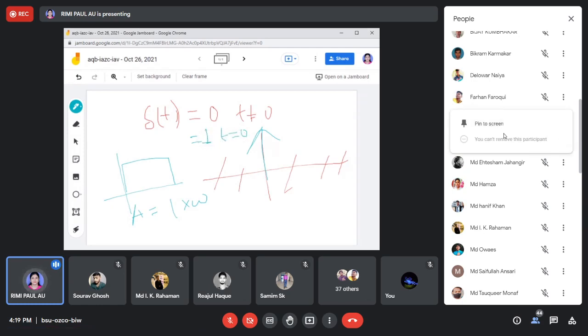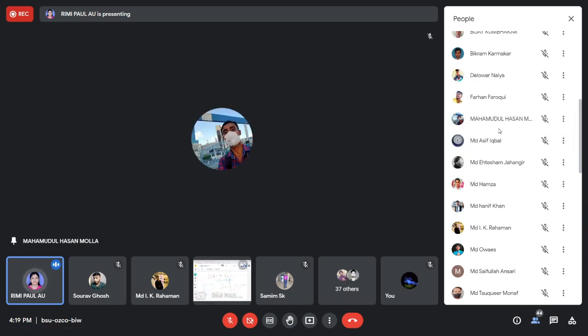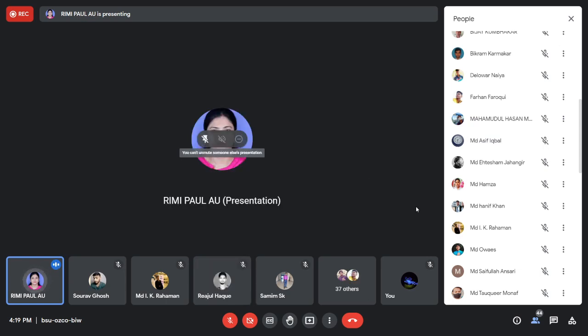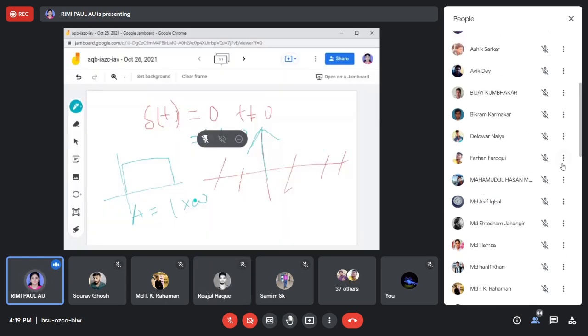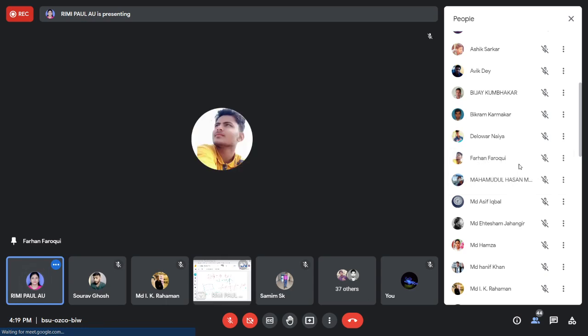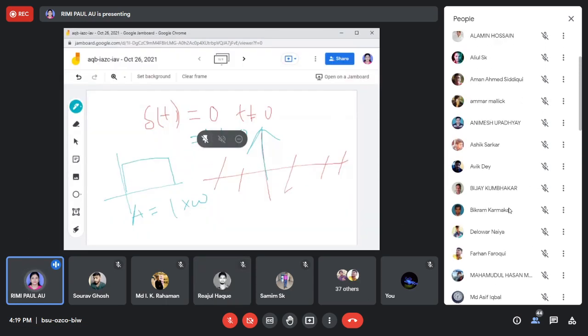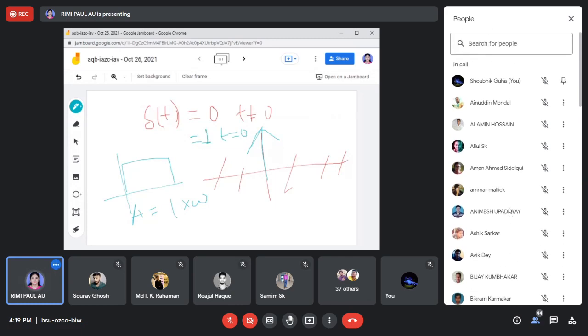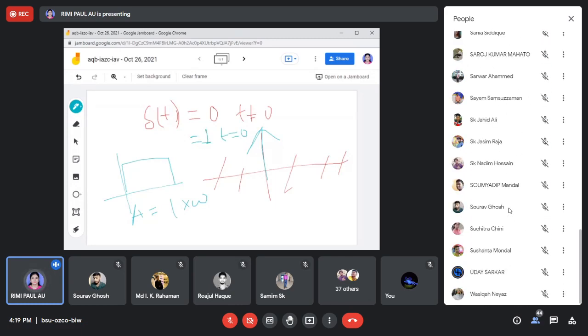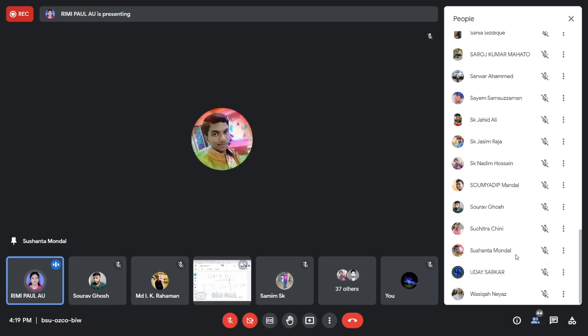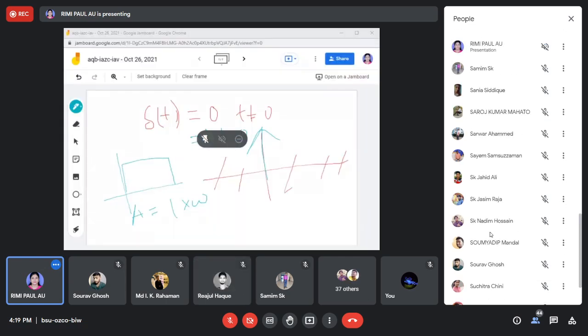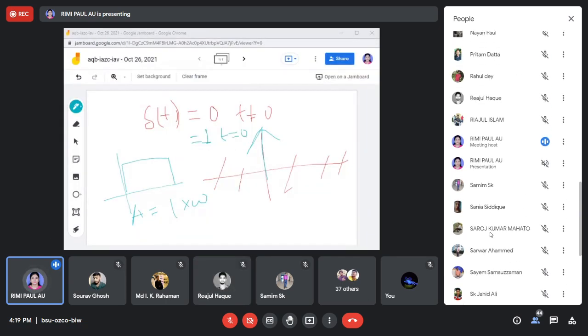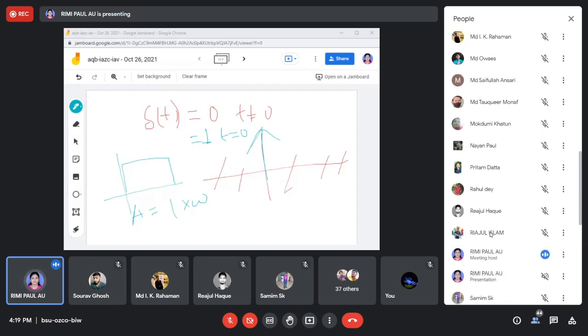And for the unit impulse signal, I will get only one value, magnitude 1 at t is equal to 0, otherwise that is 0 value. So this is our unit impulse signal. Today we have learned unit step signal, unit impulse signal and unit ramp signal. Now we have to generate these using MATLAB. Next day we'll again solve the analysis and synthesis problem.